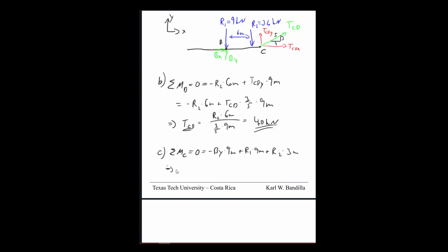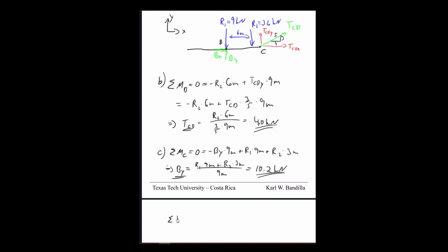So that means we can get BY. BY is negative, so all the other signs stay the same. So it'll be R1 times 9 meters plus R2 times 3 meters divided by 9 meters. Now we know R1 and R2 we've calculated before, so that means we can just plug those values in and we'll get 10.2 kilonewton. That would be our BY,